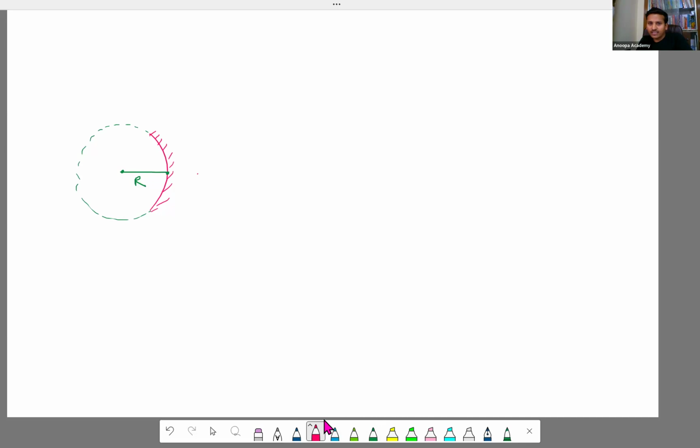Now I make the concave mirror something like this one. See, this is more curvy, right? If you compare both, this is curvy, and this is a bit flat. Yes or no, everyone? Perfect. So now, if this is a non-reflecting surface,